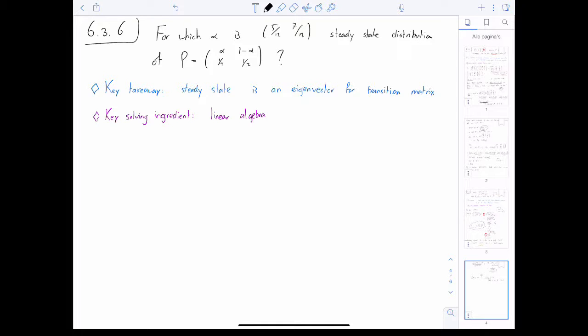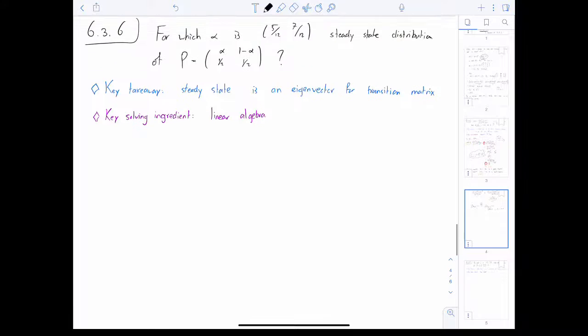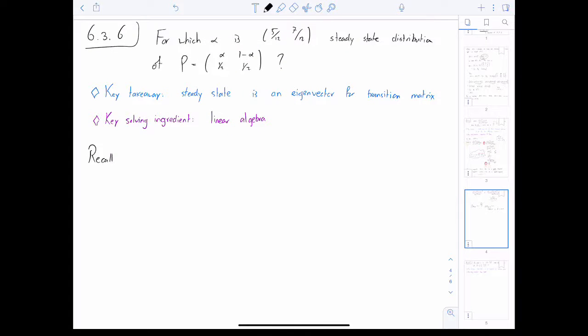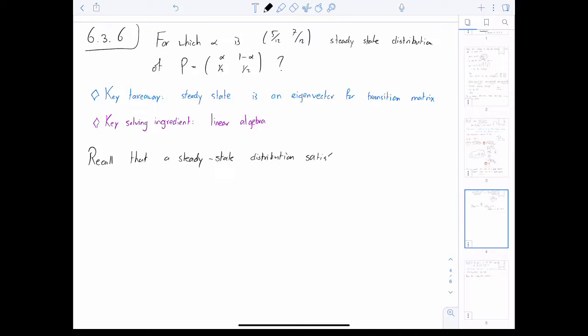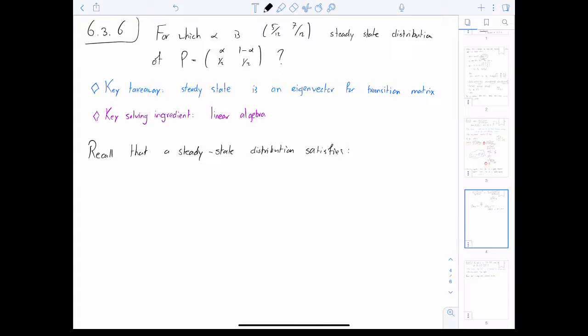Now, how do we answer this question? We have to know what a steady state distribution is. So recall that a steady state distribution satisfies, as the name says, it's a steady state. So it must not change its distribution over time. After transitioning, it should remain in its own state. That's why it's called steady state. So it satisfies